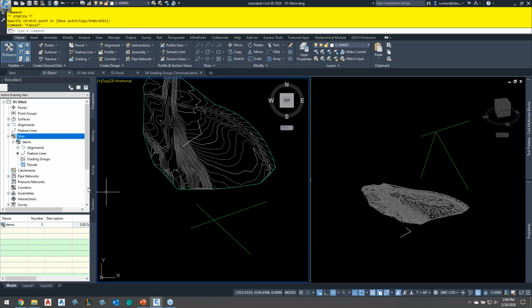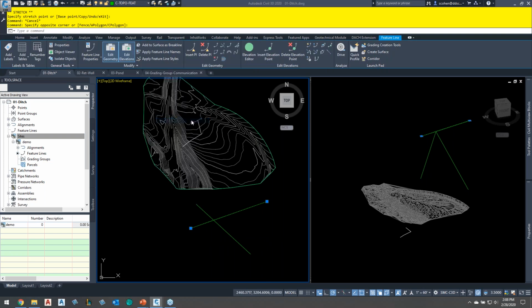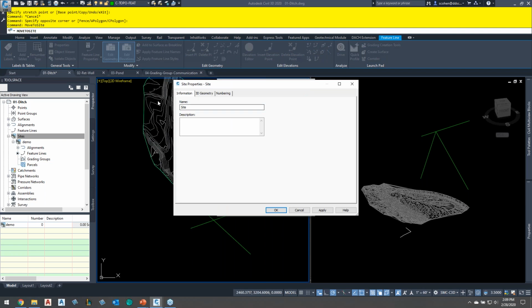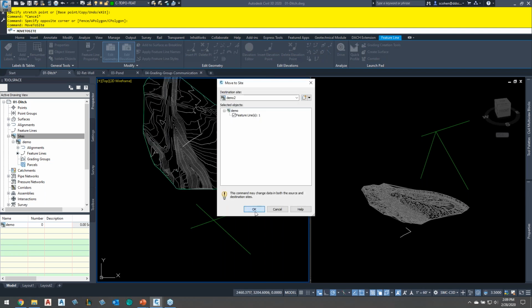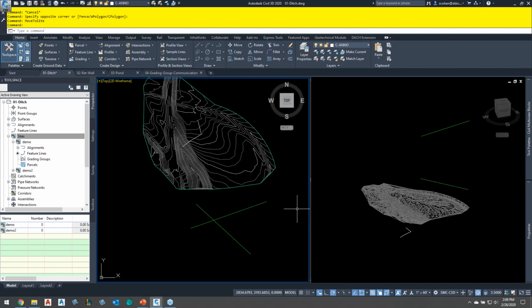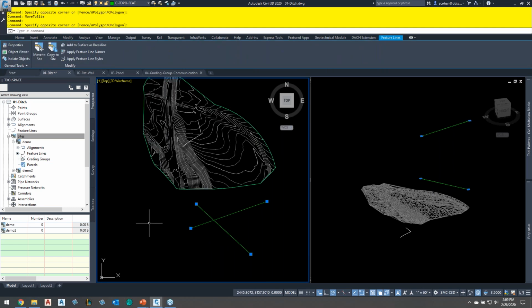So if I were to do that, I could basically select this one here, and I'll go ahead and right click and move to site. And basically I'll just create a brand new one, call this demo 2. And as soon as I do that, you'll notice it is gone and it no longer talks to that other one. All right, what I have a lot of users do, especially if they're just doing basic grading with feature lines, is move these to a siteless feature line, so that they don't talk to